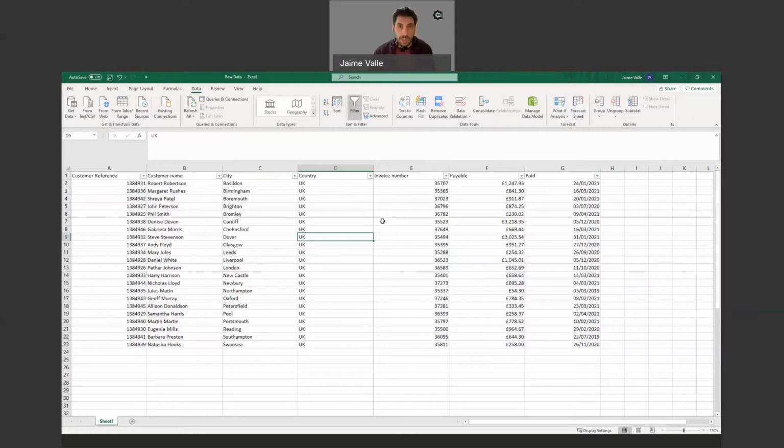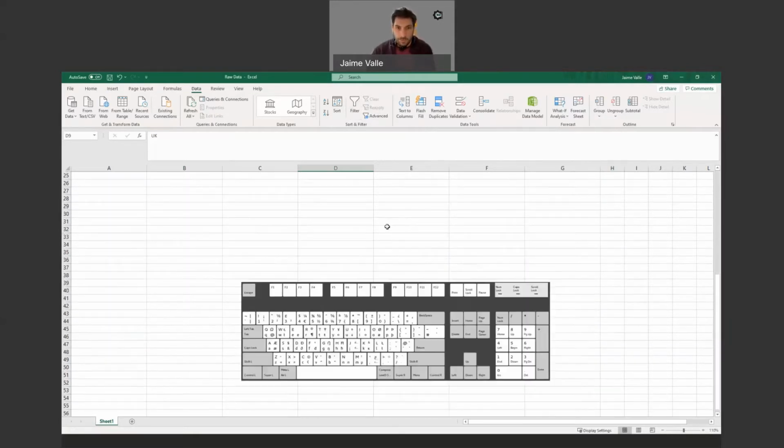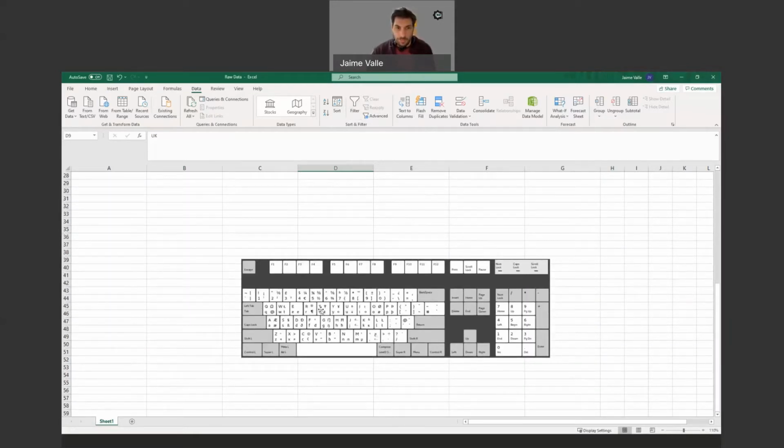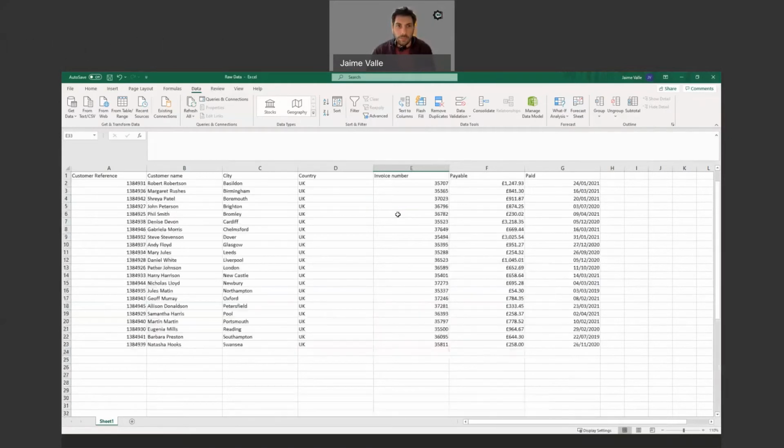Control Shift L. This is a British QWERTY keyboard, which should be similar to the one you use. If that's the case, Control Shift L. Okay, so there you go. I've activated my filters, and now I can operate. The gates are open for me for multiple options, endless combinations.